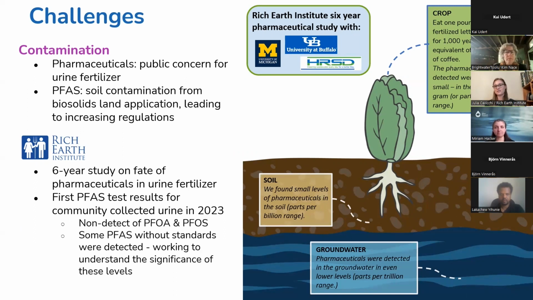And then there were even smaller levels in the soil and even smaller levels in the parts per trillion range in the groundwater. So definitely comparable to, for example, folks that are irrigating with reclaimed wastewater. And there have been studies on those that find similar results. So then on the next slide,